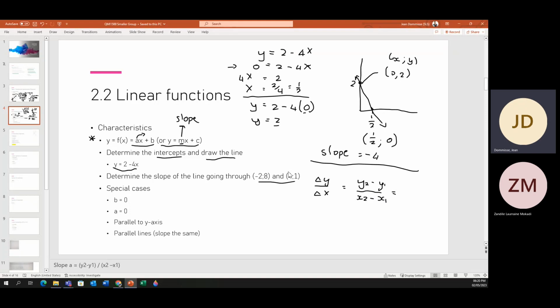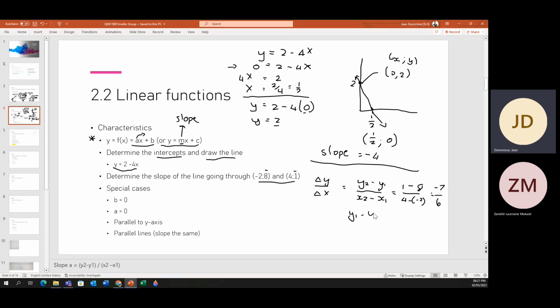So y2, let's say that is y2, so it is 1 minus y1, 8, divided by x2, which is 4 minus 2. Okay, so that would have given us -7 over 4 plus 2, which would have given you 6. So your answer is -7 over 6, but you could have also said, and that's why it doesn't matter which way around you do it,